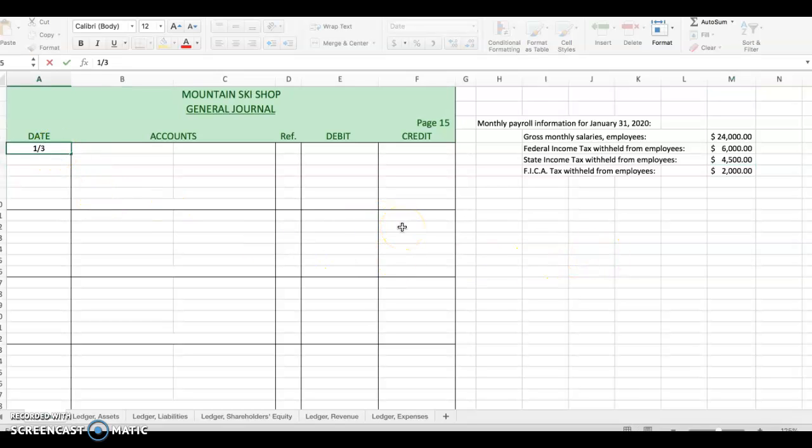This would be, whoops, we're looking at 2020, and the debit still is salaries expense, and it would be for $24,000. And there are several credits now, as we will see, and this entry is longer than the ones that you're used to. The first credit would be to an account called Federal Income Tax Payable,